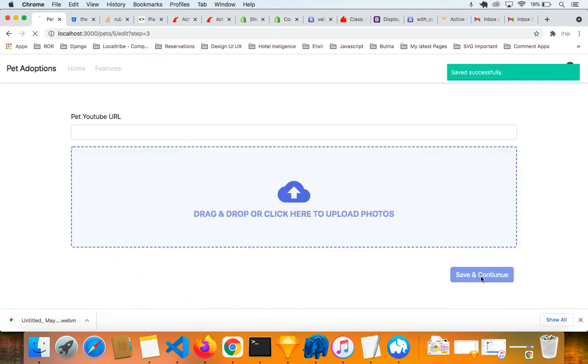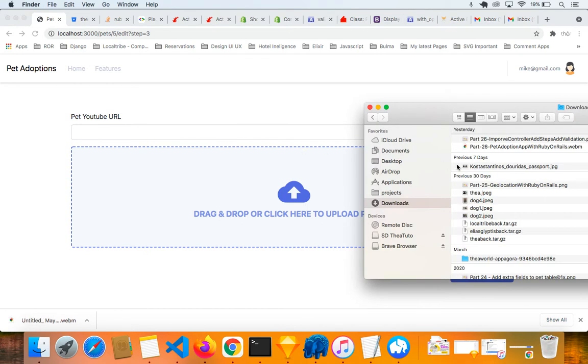So here, if I click save and continue, it's going to say, hey, pet photos can't be blank. And mind you, we can do this with JavaScript. We will. I just didn't want to put it inline like required true. That's really bad because anyone can change it, but we can do it with an external JavaScript file, which we will. This is just server-side validation, right? So on this side,